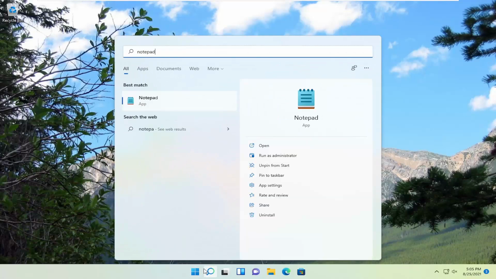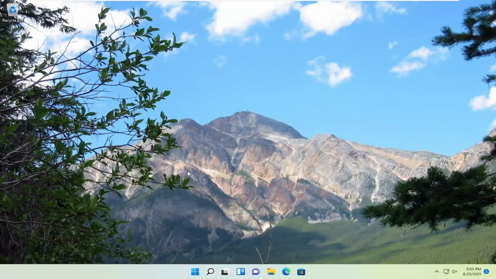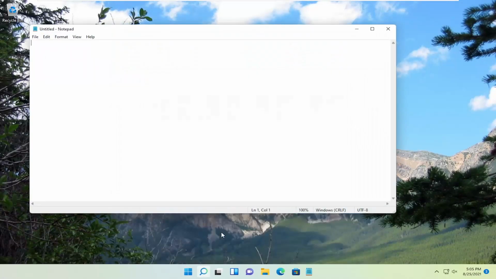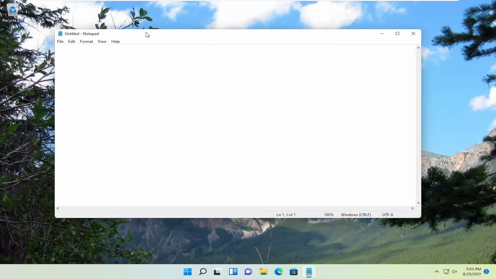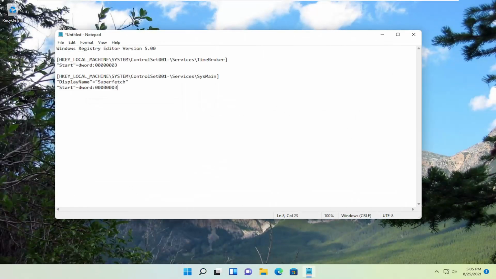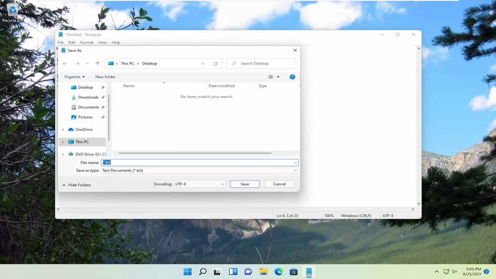type in Notepad, go ahead and open that up, and into Notepad just go ahead and paste in this text. Select file and then save as. So we can call this whatever you want. I'm just going to call it